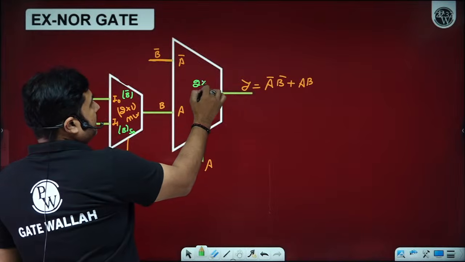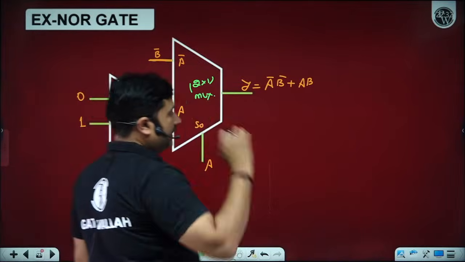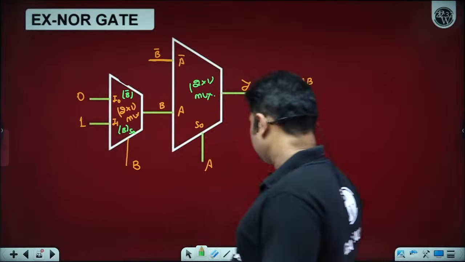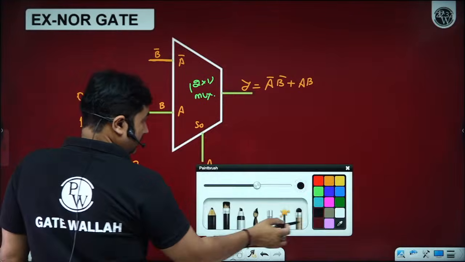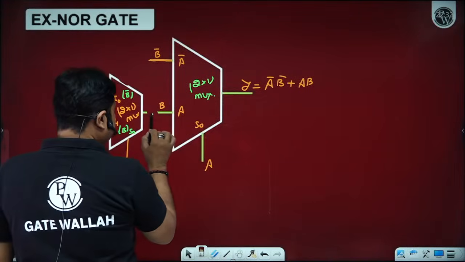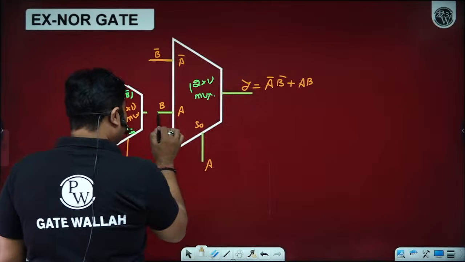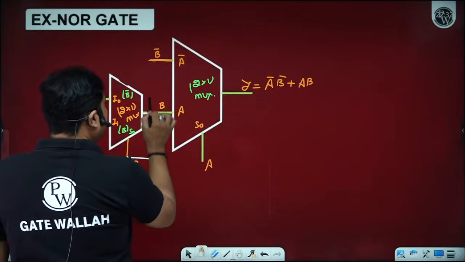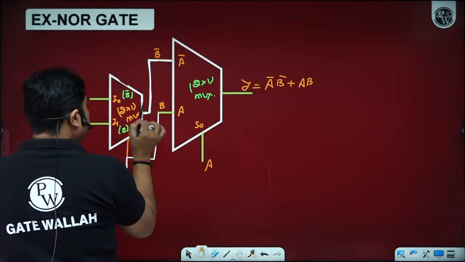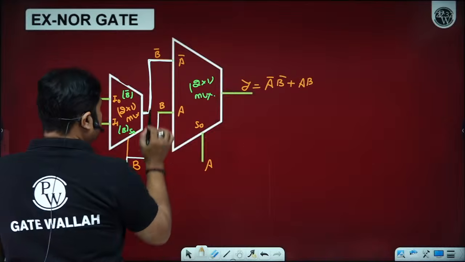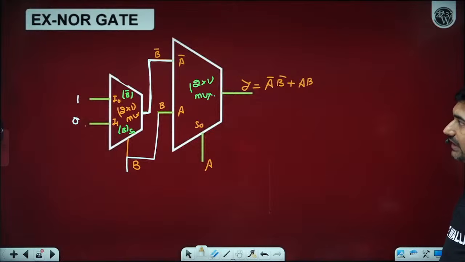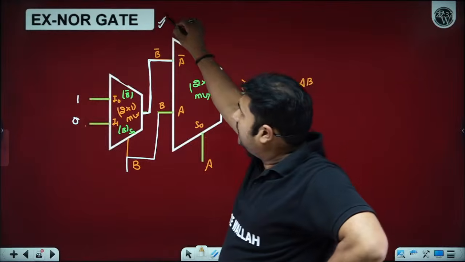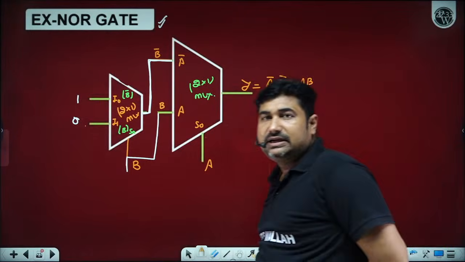How many 2x1 size mux are required to implement the XNOR gate? Again, we don't have B bar, na? We don't have B bar. I made a mistake. We want B bar. Okay, so this should be the correct one. 1 0. So you will get B bar, because we don't have B bar. We need to use one inverter and one 2x1 size multiplexer. Is it okay? Now we have an XNOR gate. How many of you able to understand, beta ji? Please let me know by writing in the comment section.